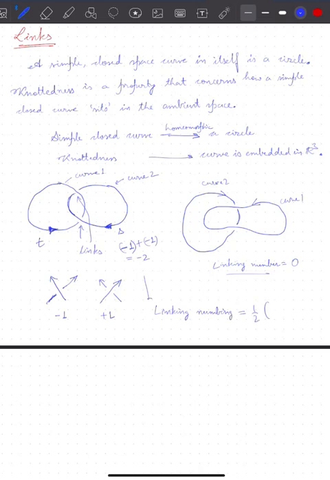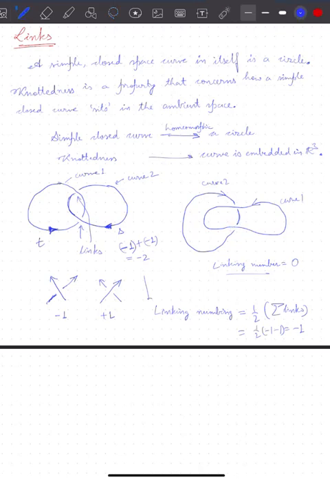Half of the total addition of links, the summation of the links, so the individual linking numbers. Which means that we have half of minus one, which is equal to just minus one. And in this case, for the scenario on the right, when we take a look here, we have, again,